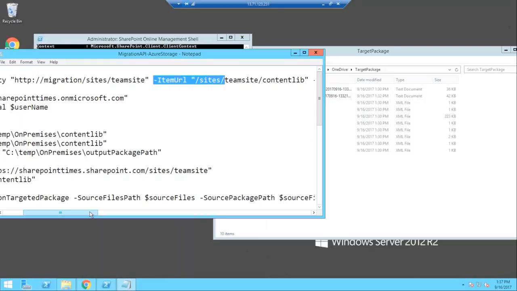If it's SharePoint Online, anyway, it's almost the same. We were talking about 2013. So if the content is more than that limit, we need to logically divide those contents again.